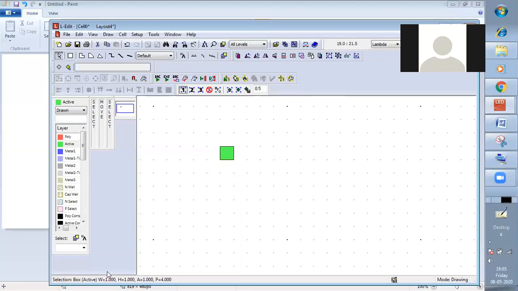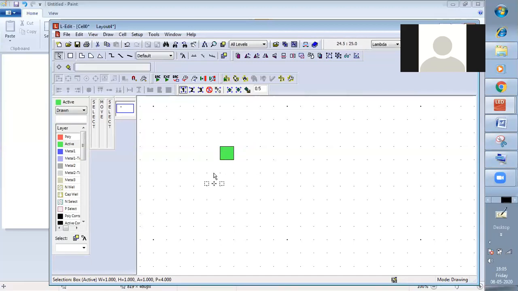It is because the display units are lambda. So this is 1 lambda and this is 1 lambda. This is what we have now created. This setup is required to make this 1 lambda by 1 lambda. If you don't do that setup, this will not be 1 lambda by 1 lambda. Before going to that, we can also do this to check whether it is 1 lambda by 1 lambda or not.